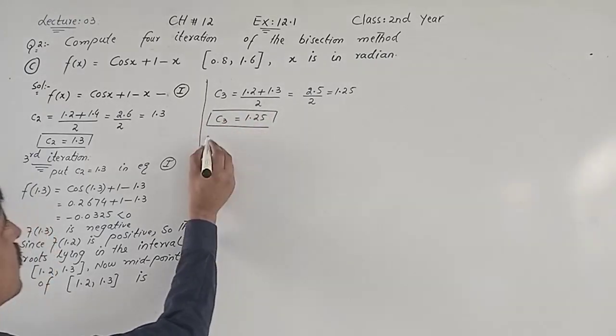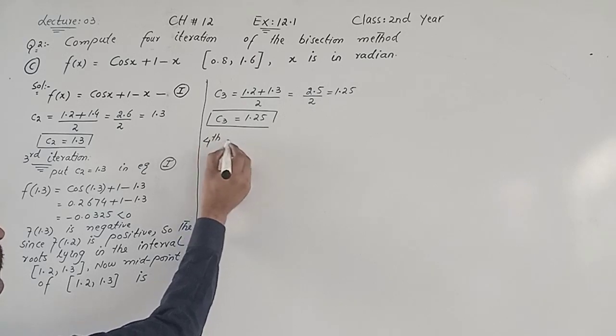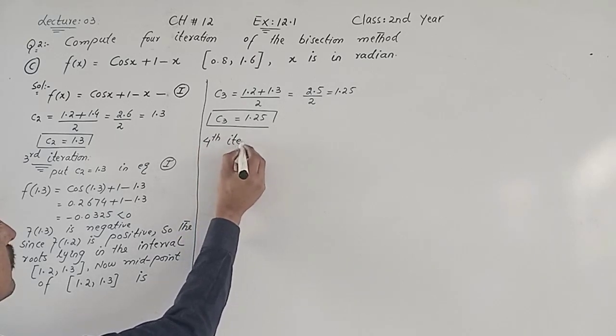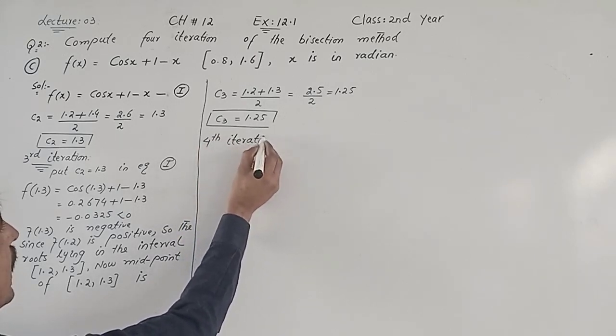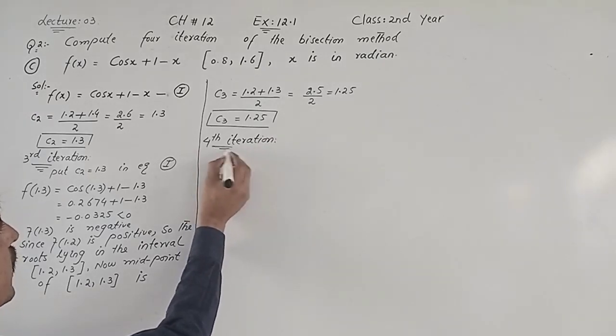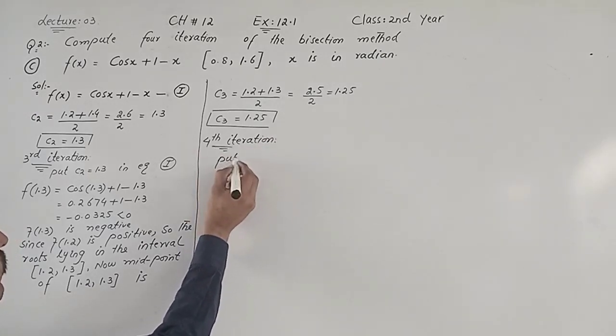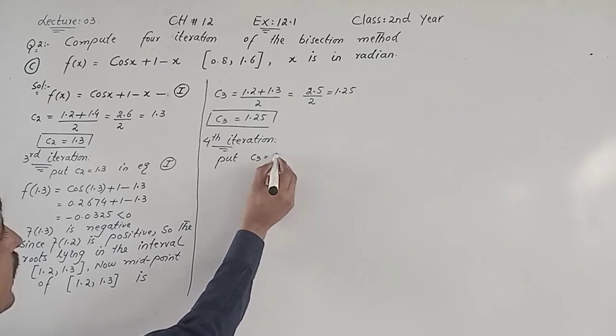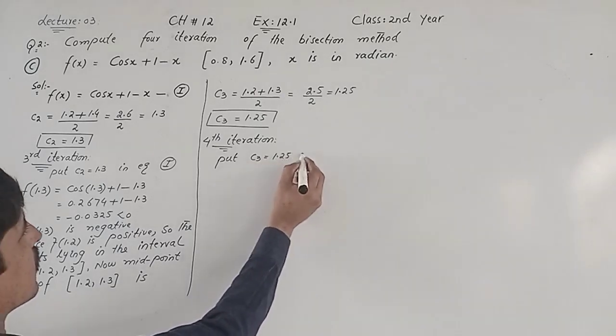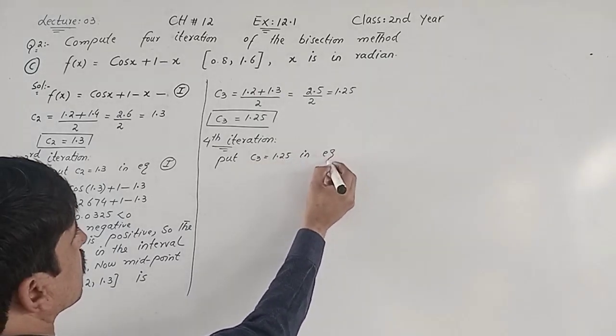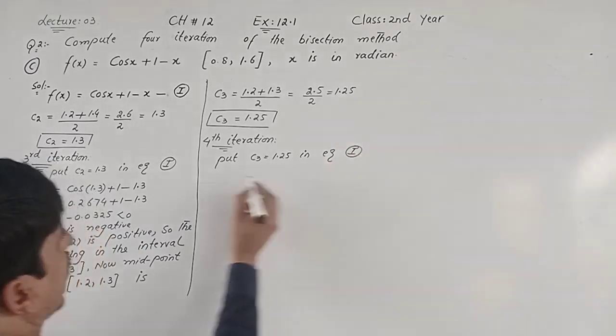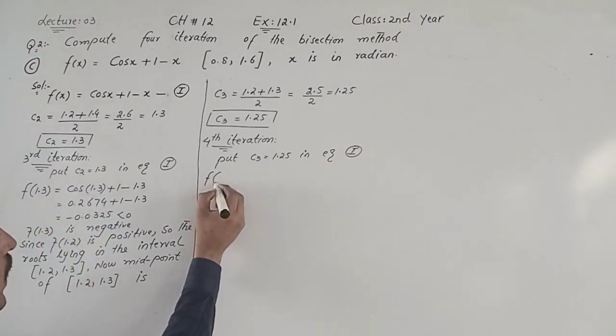For this value, this is fourth iteration. Put value of C3. Put C3, which is 1.25 in equation 1. तो आ जाएगा हमारे पास